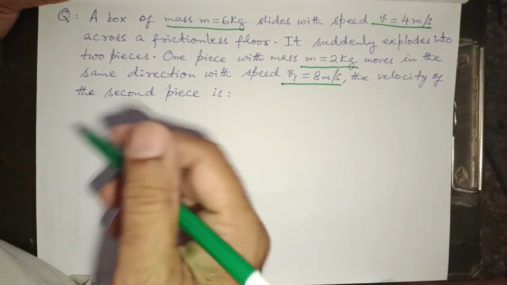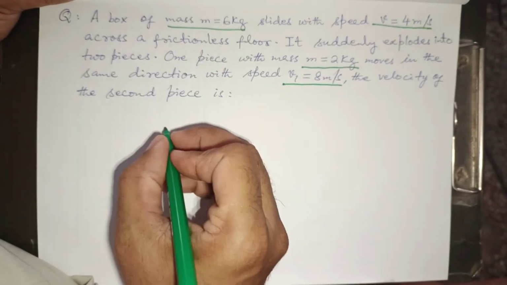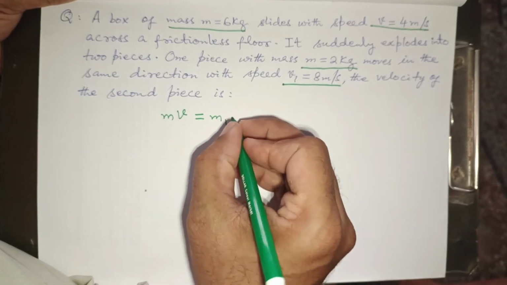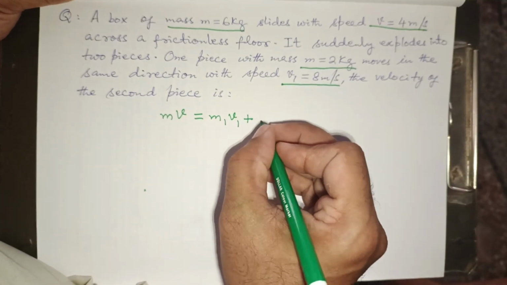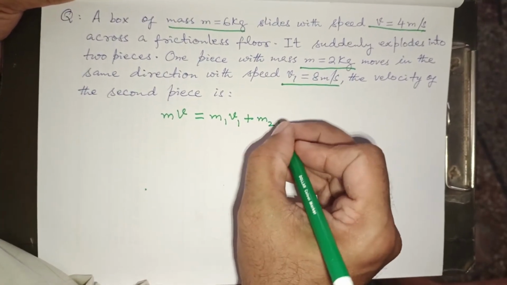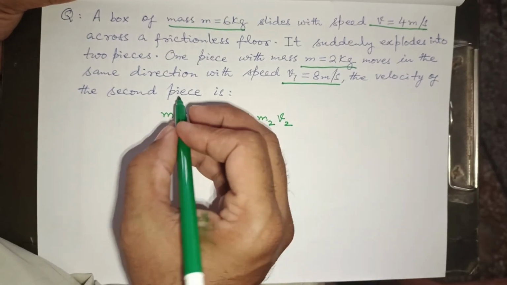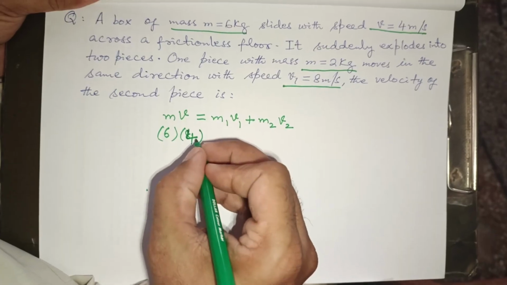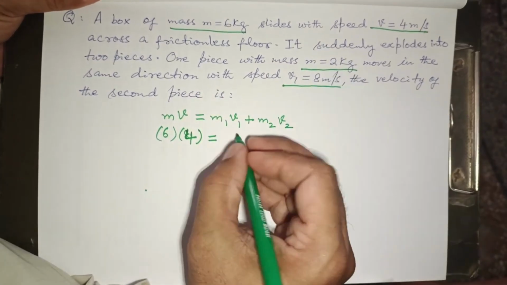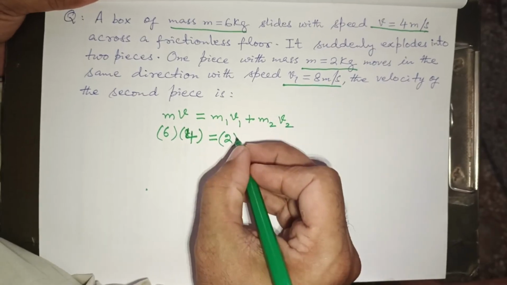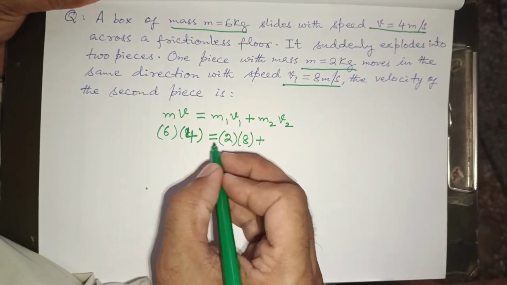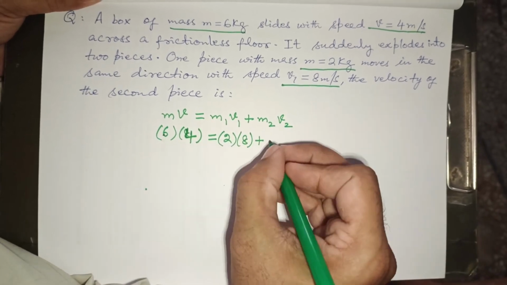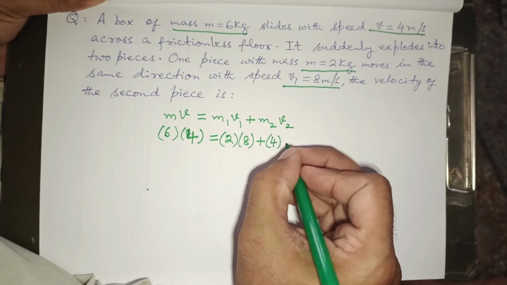will be applied. So we know that before the explosion, this was mv. After the explosion, it converted into two pieces, m1v1 plus m2v2. The mass was 6 kg, velocity was 4 meter per second. The first piece gets 2 kg of mass and its velocity is 8 meter per second. If the first piece gets 2 kg mass, the second piece will be 4 kg and